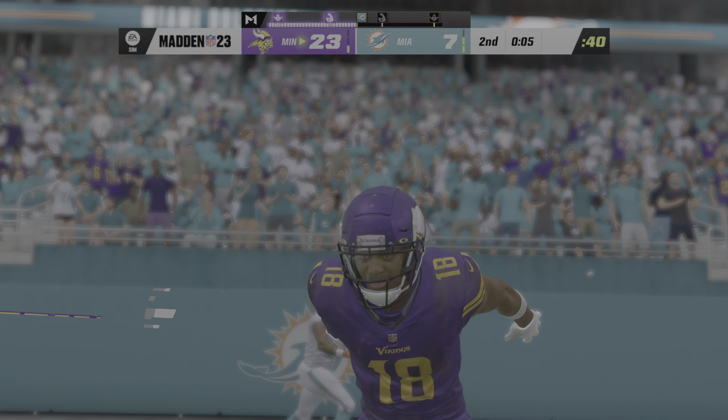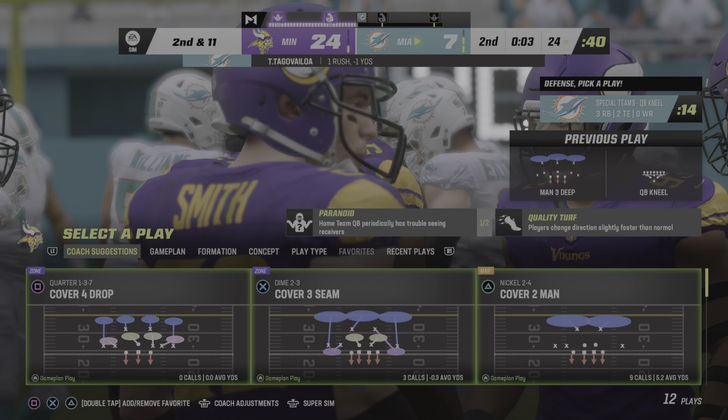And not wanting to risk anything here late in the half, he'll just take a knee and they'll bring the football out to the 25. And no reason to do anything foolish as they'll snap it one more time on first down. And with time running short here, they'll simply take a knee, and that should do it for half number